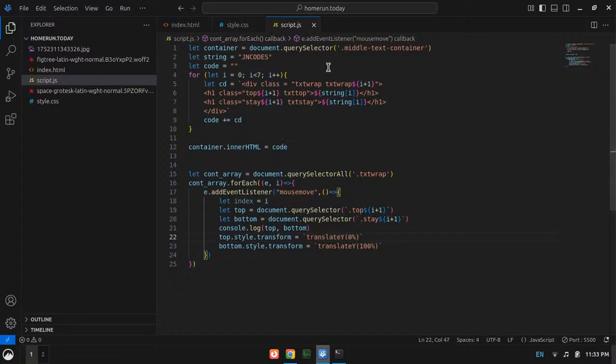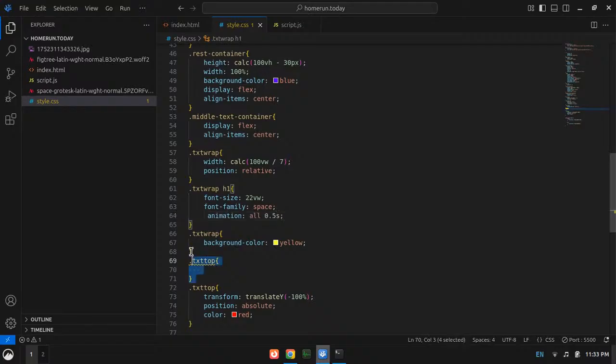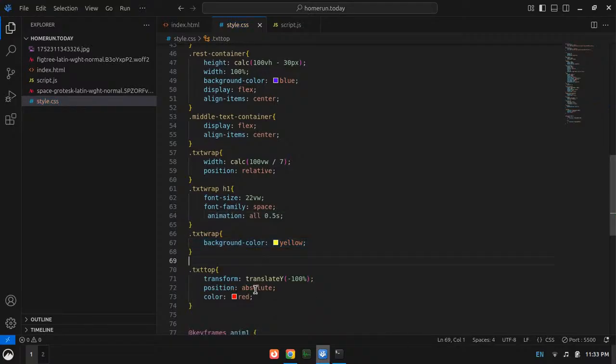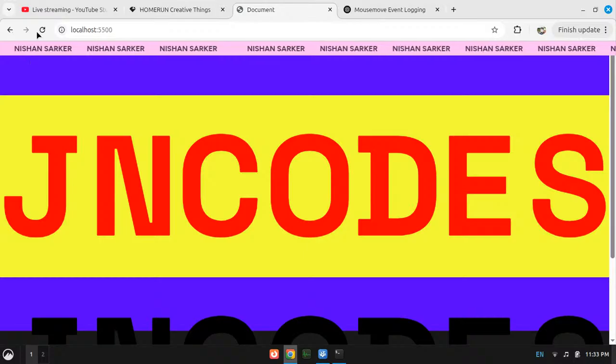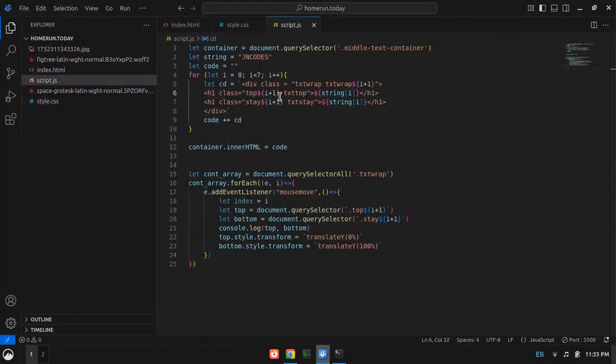I am assigning animations to all the txt top class, right? To all the txt. You know what? I will target the txt wrap h1 and I will give the animation here. Will that help? That doesn't help either. Why? Why doesn't the animation help?